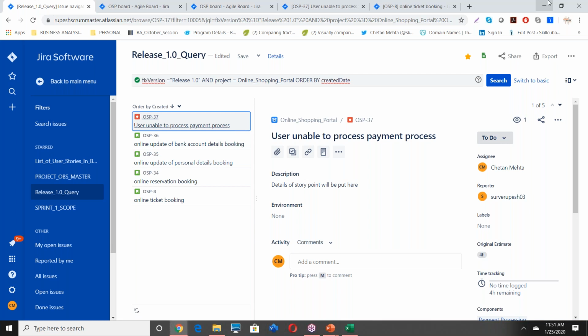So, Chetan, in an interview, suppose they ask me what kind of reporting I used to send, what should I answer? Do I have to tell them that I used to send only burndown chart reports? You can just say that I used to create reports based on the needs of the stakeholders, and mainly I would write JQL, Jira query language. I would write the queries in the tool and extract the data, and based on that, customize the reports, whatever report or data was requested by the stakeholders.